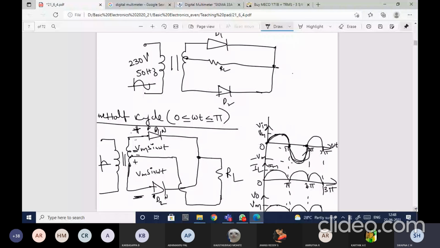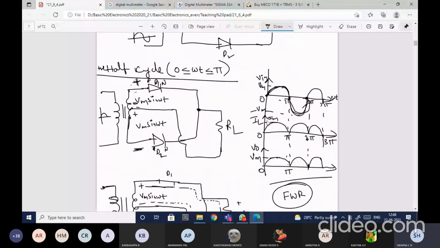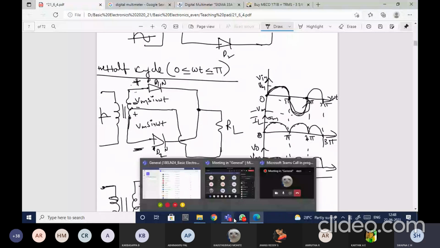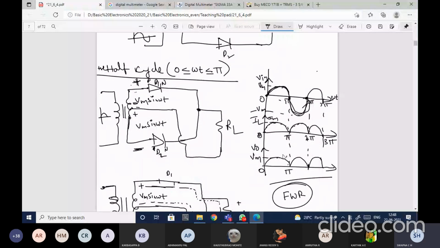Okay, fine. Then when it comes to the current, what is happening? Each and every point in the one cycle, from 0 to 2 pi, everything will get added. So here it will have some DC value. In the same way, for the output voltage also there will be some DC value. If you observe here also, it is not the pure DC. Are you getting pure DC here? No. Still it is pulsating DC only. Pulsating DC, in the sense, it will have both AC component and DC component present in it.